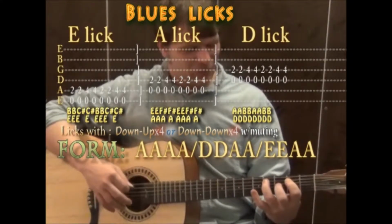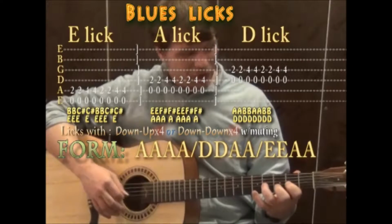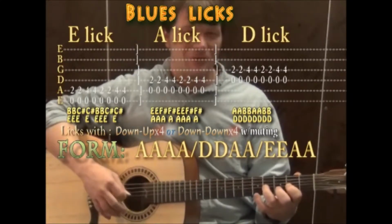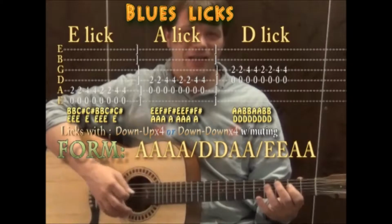And then for the A lick, you're on the D string, working the A and D strings. And then for the G lick, or D lick, you're working on the G string with the 1st finger, and then 3rd finger. So one way to also play through the tune would be substituting those licks for the chords. So you kind of be doing an A lick,